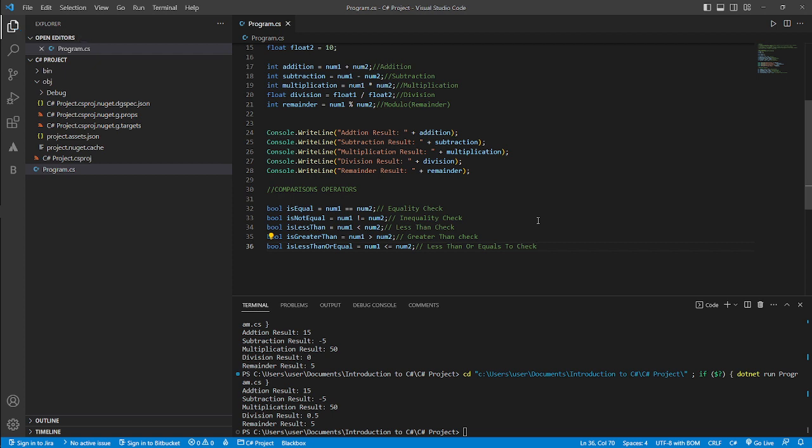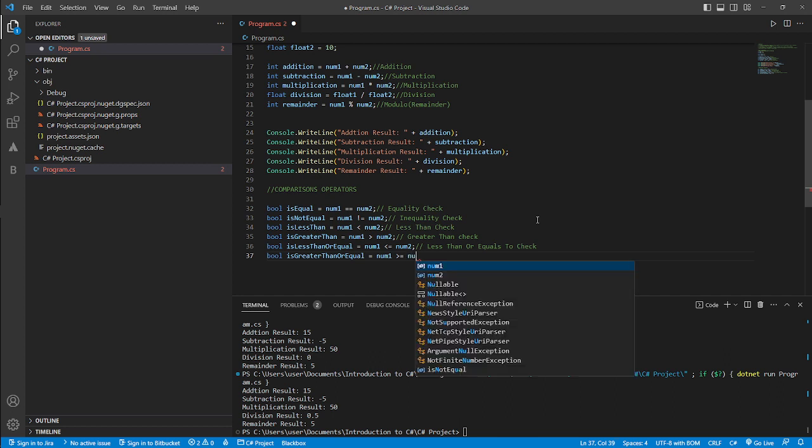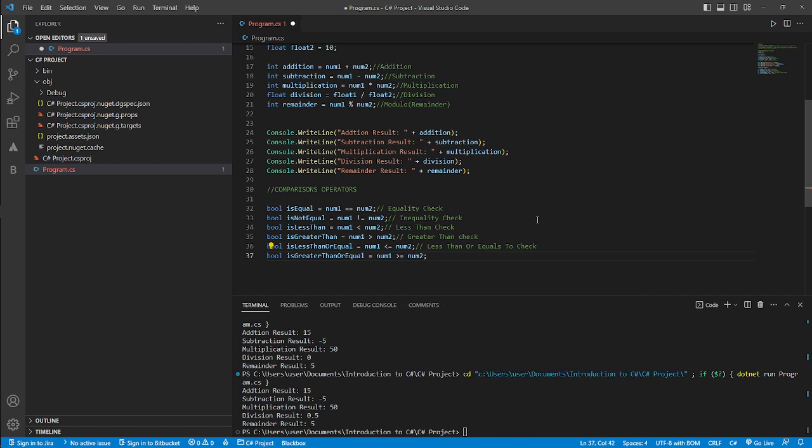Okay, we're all good. And then Boolean is greater than or equal. So this helps us check if it's greater than or equal. So for this one we can do the greater than sign and then equal. As easy as that. And then a semicolon to close that off. And then that is our less than or